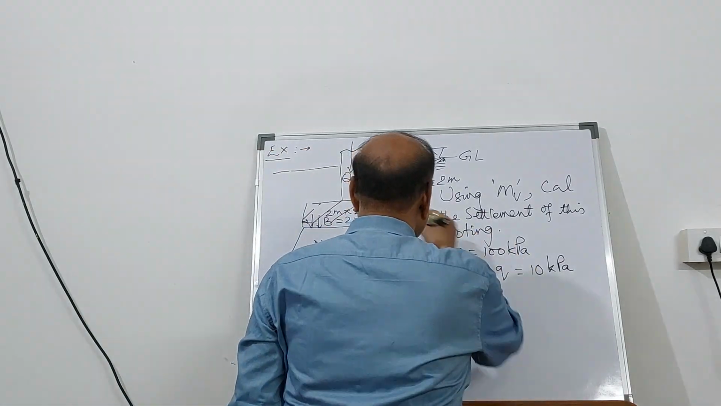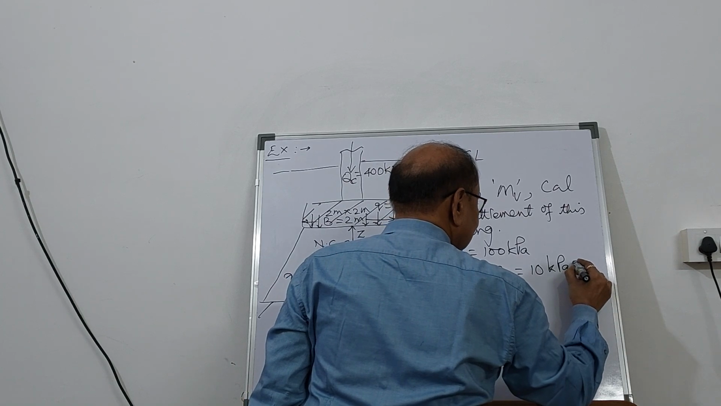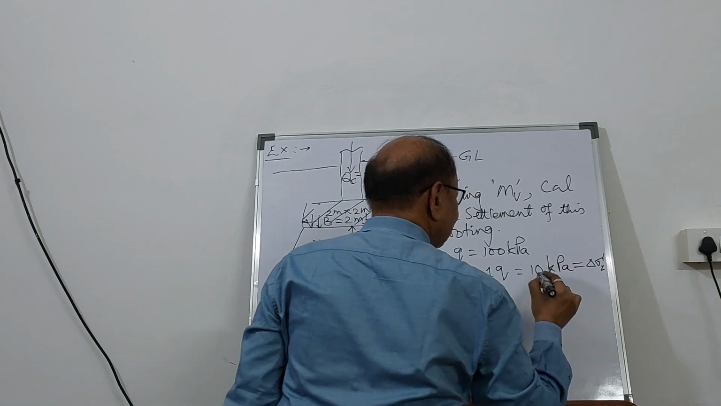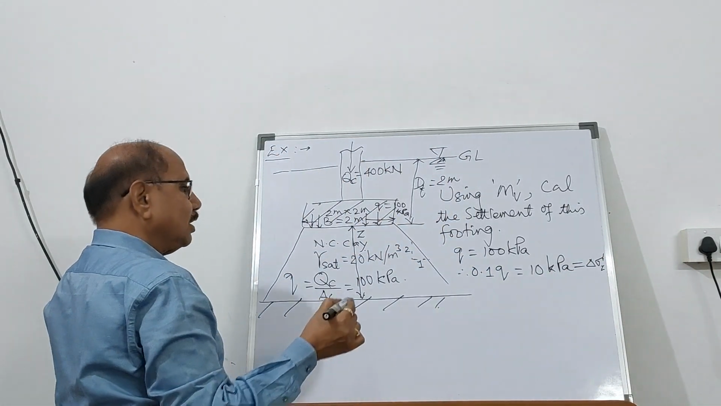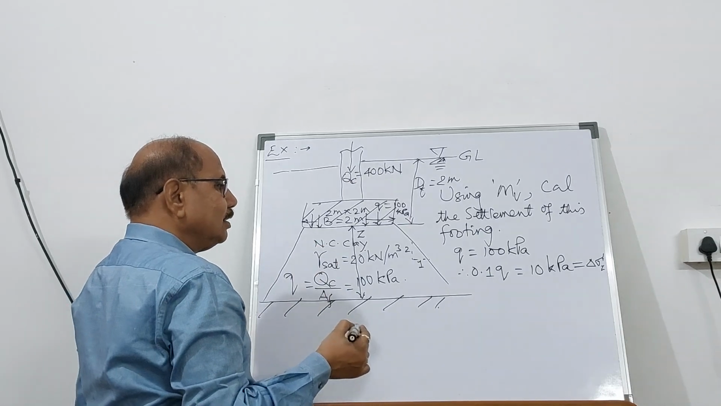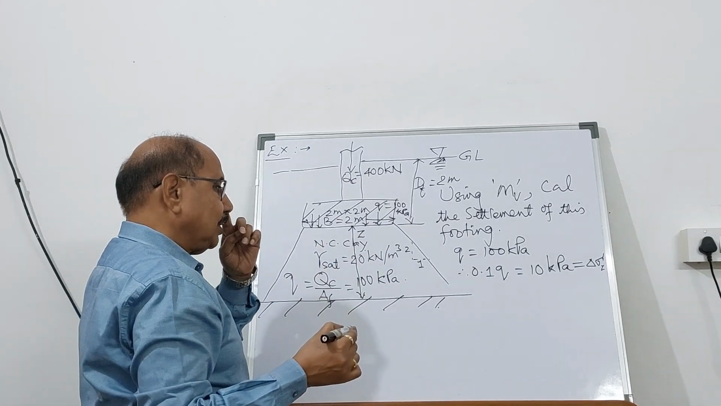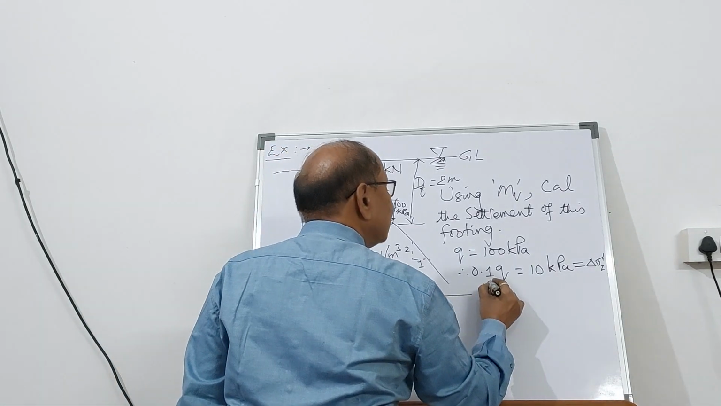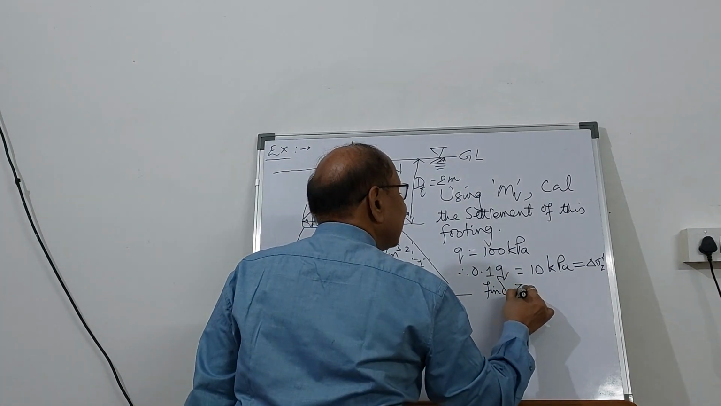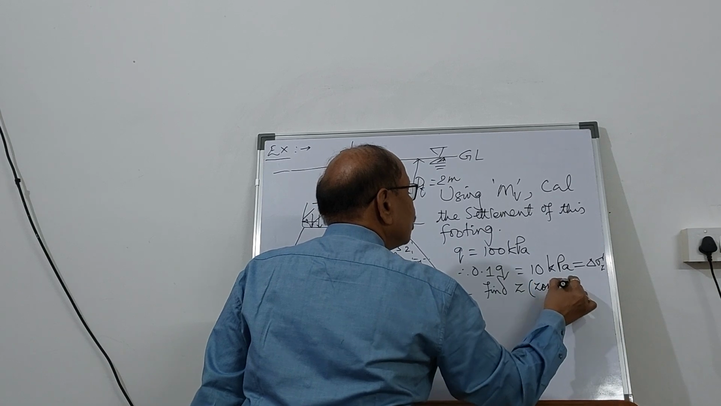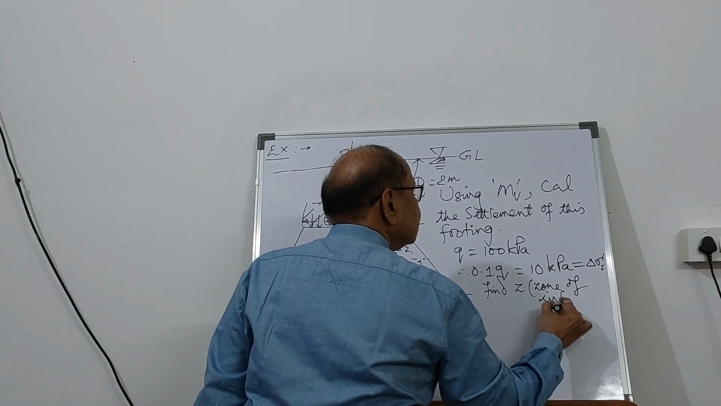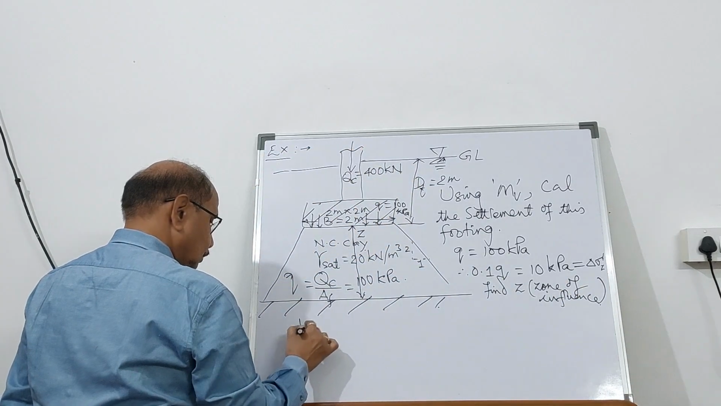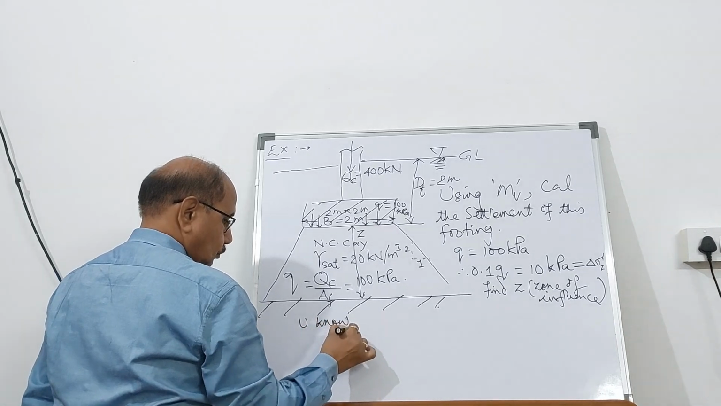So where, due to this column loading, this effective vertical pressure increase is going to be only 10 kilopascal. In that, the value of Z will be zone of influence. So you can find Z, which will be zone of influence. So you know that